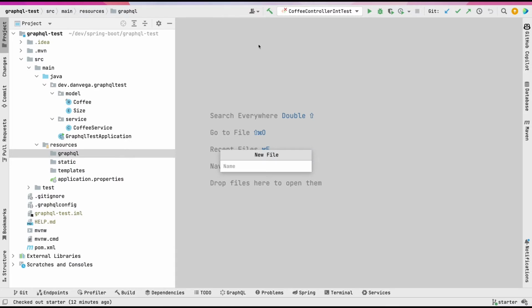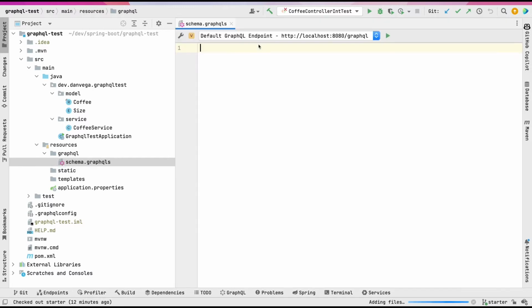And then what we need to do is create any type of schema in here. So I'm going to call this schema.graphqls. The front part of this isn't important. You can call this whatever you want. You can create multiple schemas, but the end of this is we're going to use the GraphQLS extension. So now what we need to do is we need to come in here and we need to create some